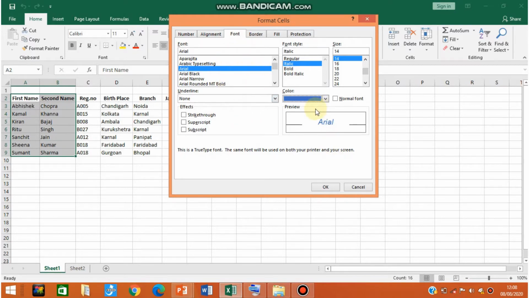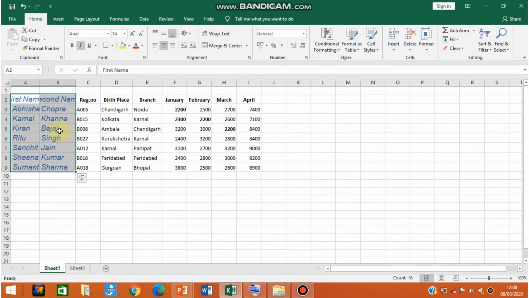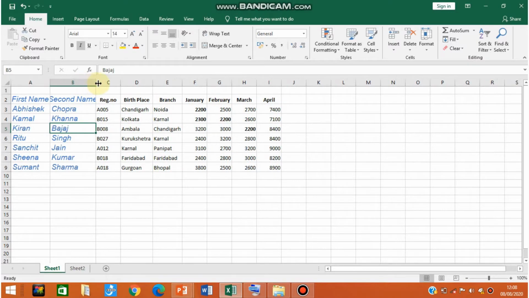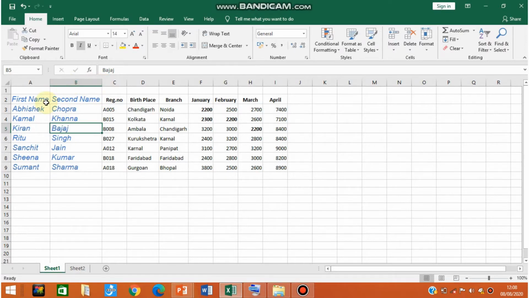Okay, after selecting all the changes, click on the OK option, and you can see that the changes have been applied in your selected cells.